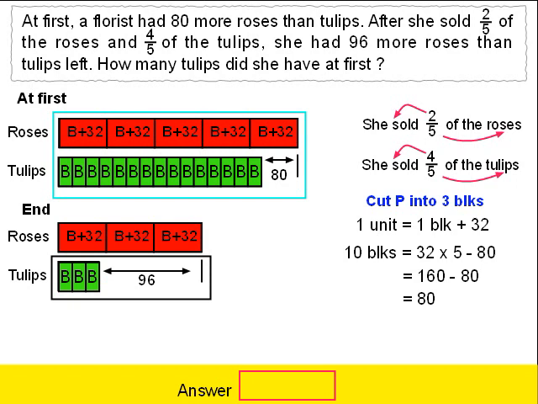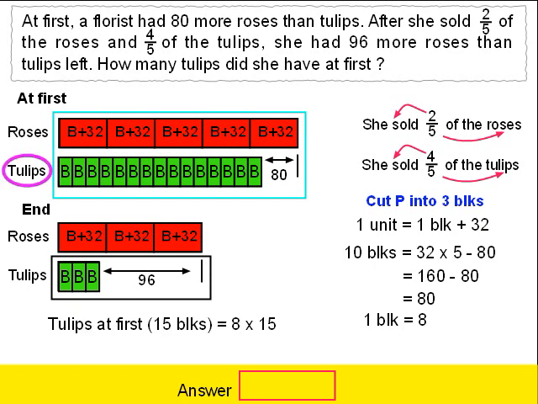So 10 blocks of flowers equals 80, therefore 1 block will be 8 flowers. Okay, and the question asks how many tulips did she have at first. Looking at the model of tulips at first, she had a total of 15 blocks. So we take 8 multiplied by 15, that gives us 120. Hence, the answer to the question, she had